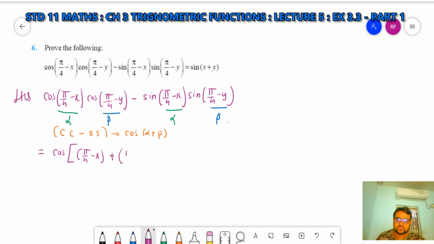Pi/4 - y. So see, cos of pi/4 plus pi/4, that is equal to pi/2, means 2 pi by 4, pi/4 plus pi/4, 2 pi by 4, minus x minus y. Okay, so this is equal to,